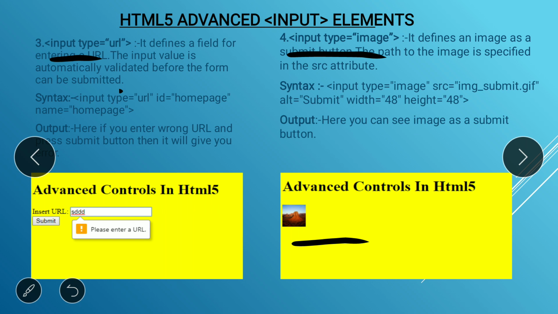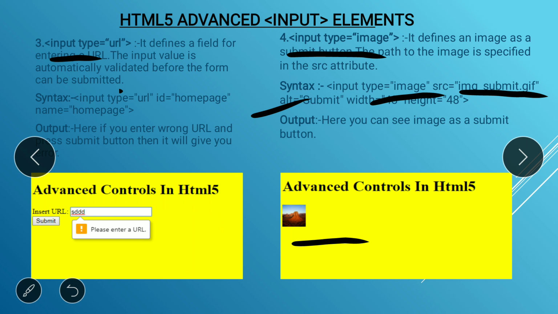Okay, so here you can see the syntax. You have to write down all the notes in your notebook. Here you can see the type img, and you have to provide the image path in the src attribute.